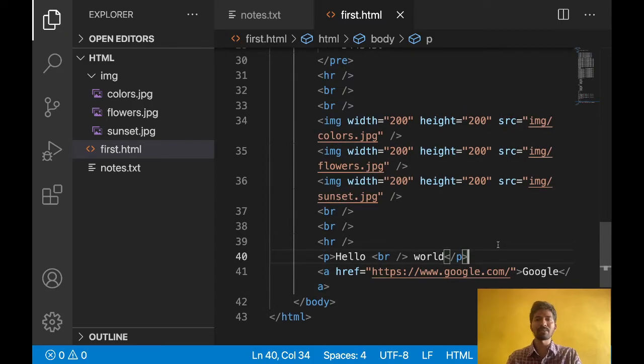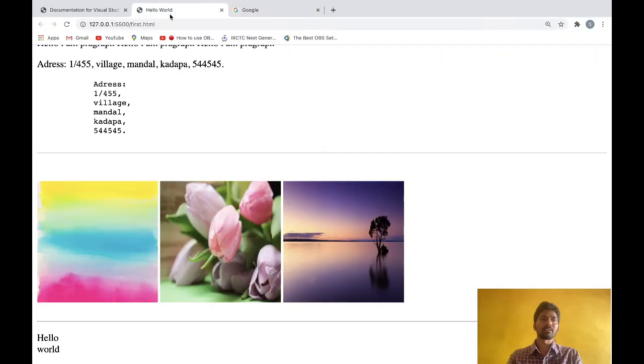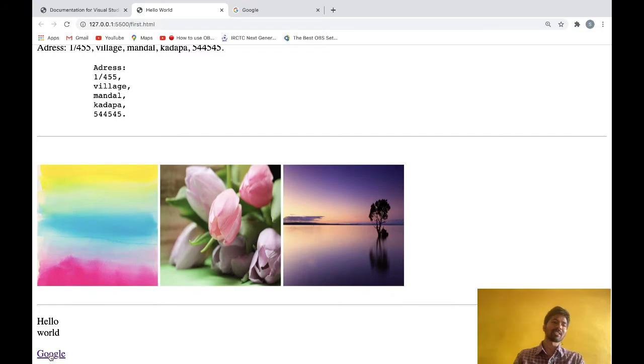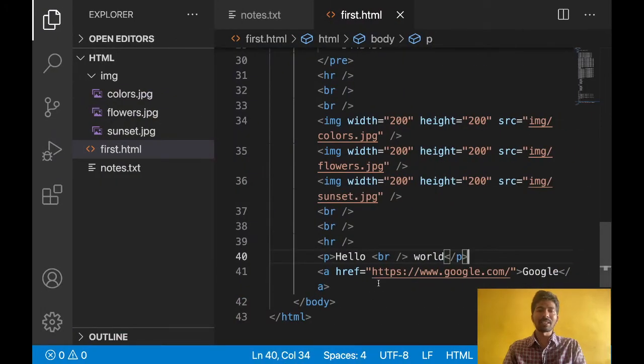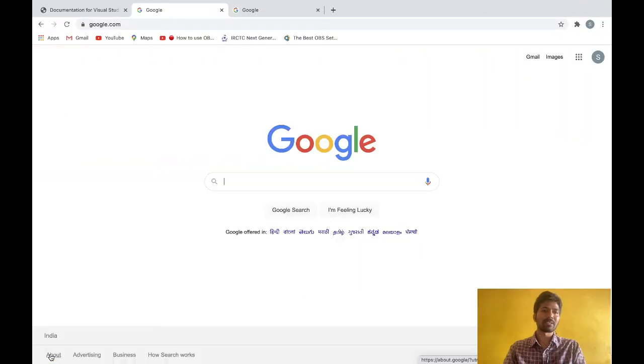Okay, let's save this one. See, now the link is coming like this. This is called a hyperlink. When I click this one, it will navigate to google.com because I gave that inside href. Let's click this one. See, now it's going to google.com.